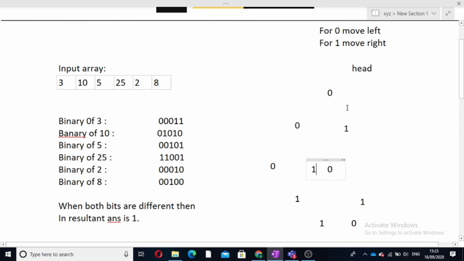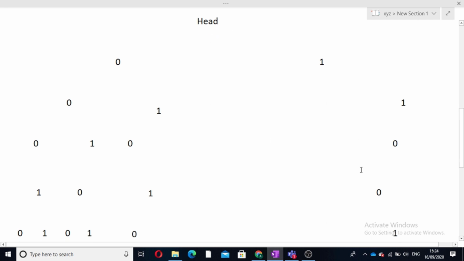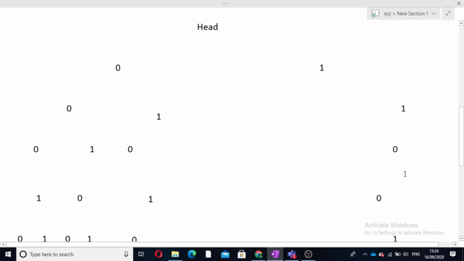We can see one thing, when this number was inserted and later this number was inserted, some bits at a position are the same, like here it is 0, here it is also 0. So we have not inserted a new node of 0 value in our trie. We have used the previous 0 node only. So this is the advantage of a trie, that we can save space also. Once we have inserted all the numbers, the trie has become like this, and this trie consists of all the numbers which are present in our array.